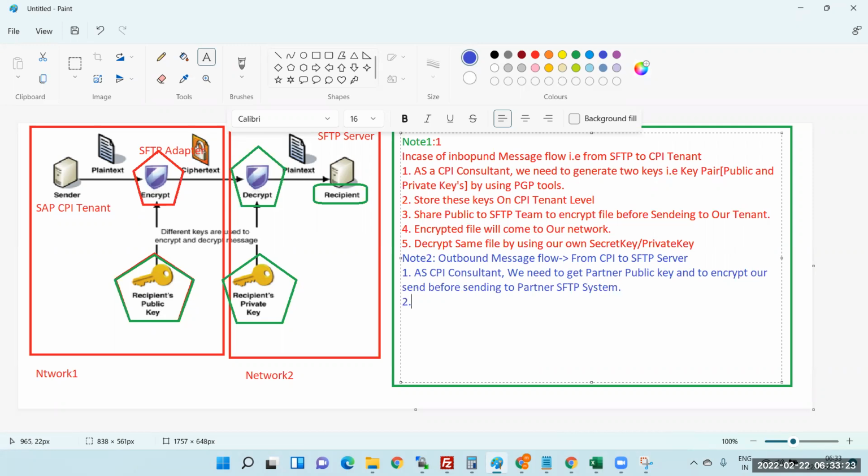Right? So the encrypted file will be sent to the SFTP server or partner system here. So what they will do here is use their own private key, the partner's private key,